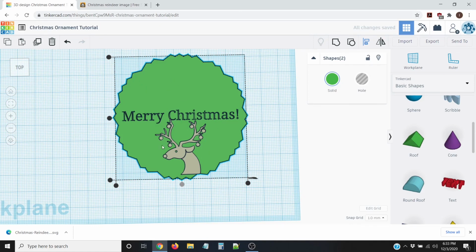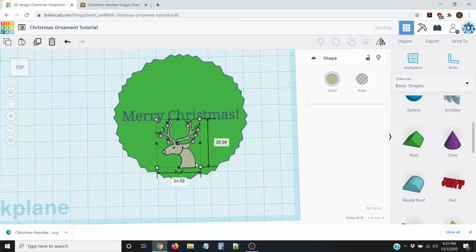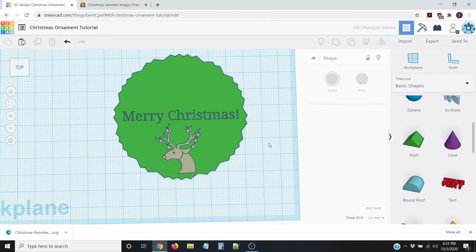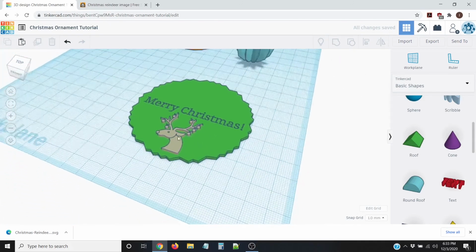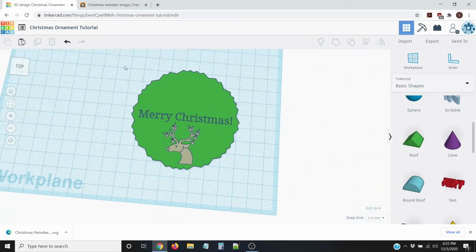It looks like it's all right. It looks a little too big, so I'm going to make it even smaller. I'm going to click Shift, click on that box right there, move that like that. Now I'm going to use my down arrow key to just move it down slightly. All right, so I like that. I think that's going to look pretty cool 3D printed out. So now I'm going to group these,